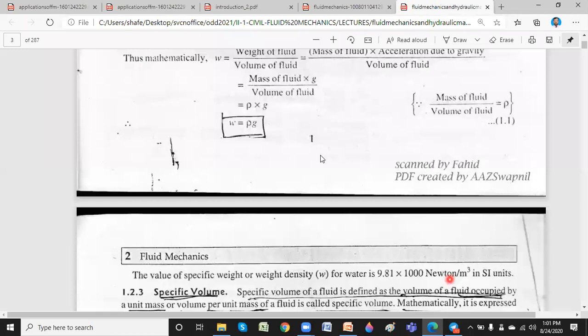So what we studied now are two properties. One is your density. The second is weight density, or specific weight, which are very, very important properties while solving our problems. So those are the two properties we discussed. I think I'll stop with this. Then we'll continue in the next class with some more properties and the basic problems of fluid mechanics based upon the properties of fluids.